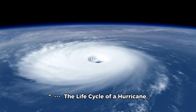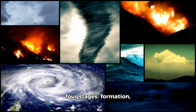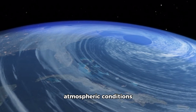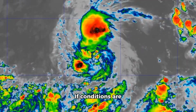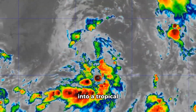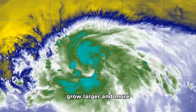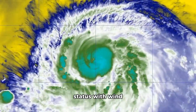The life cycle of a hurricane. The life cycle of a hurricane consists of 4 stages: formation, intensification, maturity, and decay. During formation, warm ocean water and atmospheric conditions combine to create a tropical disturbance. If conditions are favorable, this disturbance can develop into a tropical depression, then a tropical storm, and finally a hurricane. As the hurricane intensifies, it can grow larger and more powerful, sometimes reaching Category 5 status with winds exceeding 157